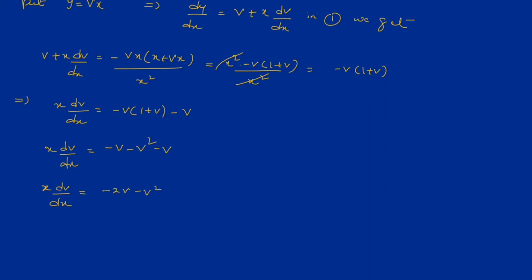By taking minus v common here, what we get inside is 2 plus v, right? So now